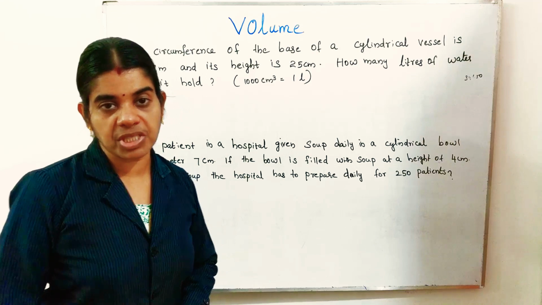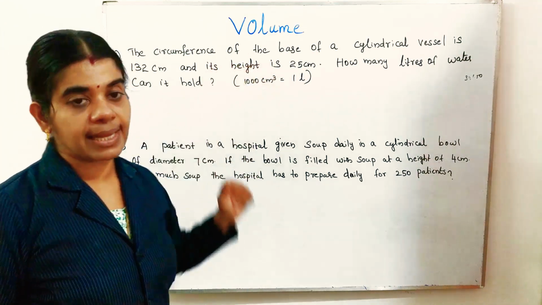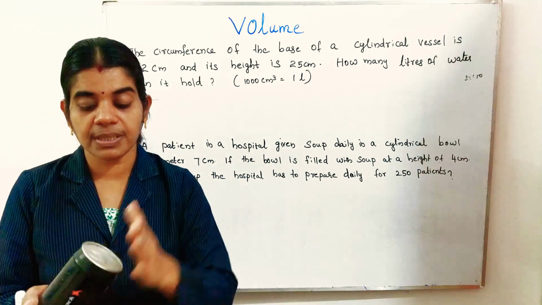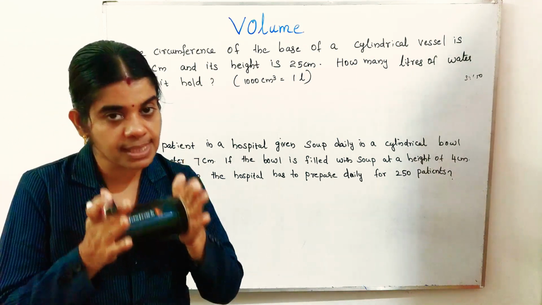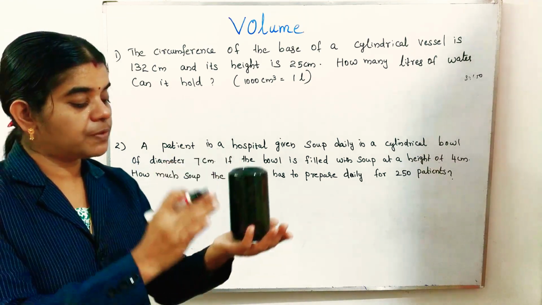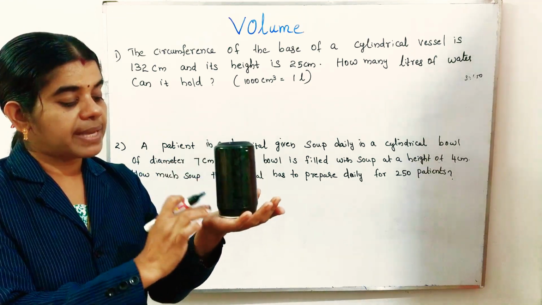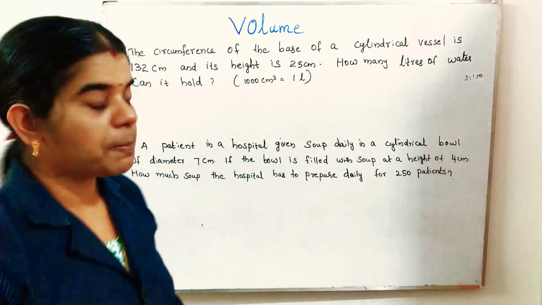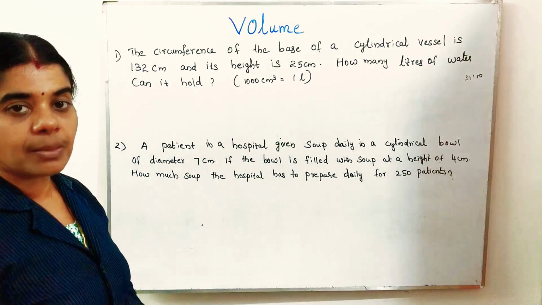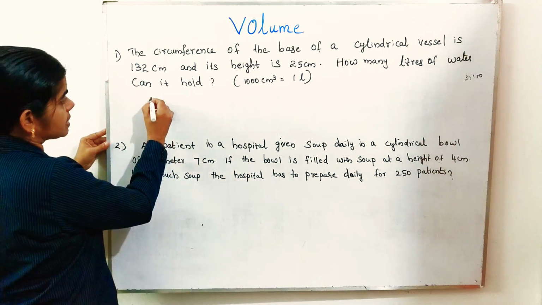Circumference means the perimeter of the base of a cylindrical vessel. The base of the cylinder will be a circle shape. This will be the cylinder shape, both ends are circle shaped. Base means if you are keeping this, the base will be the circle shape. Its perimeter is given as 132. Then what will be the perimeter of a circle? 2 pi r is equal to